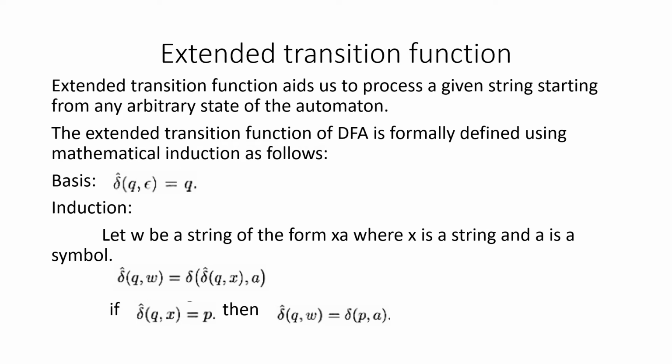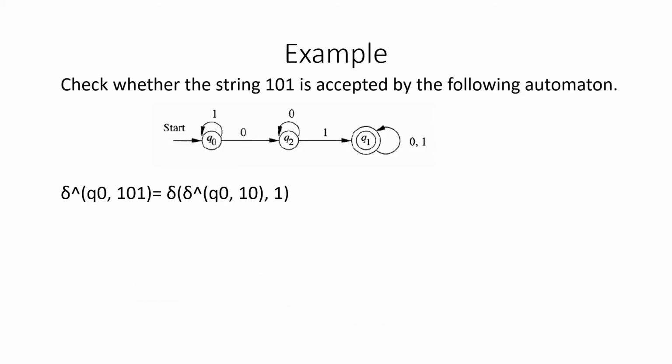So when I substitute here, that is instead of this part, if I substitute p, I'll get a transition function like this. So the extended transition function is nothing but I'm going to extend the basic transition function that is defined for an input symbol to take a string as the input. That is an extended transition function, right? So we have defined that extended transition function using mathematical induction. So we'll see an example for this extended transition function.